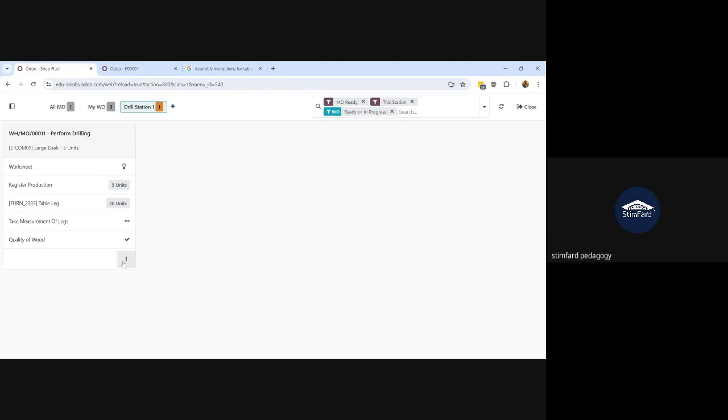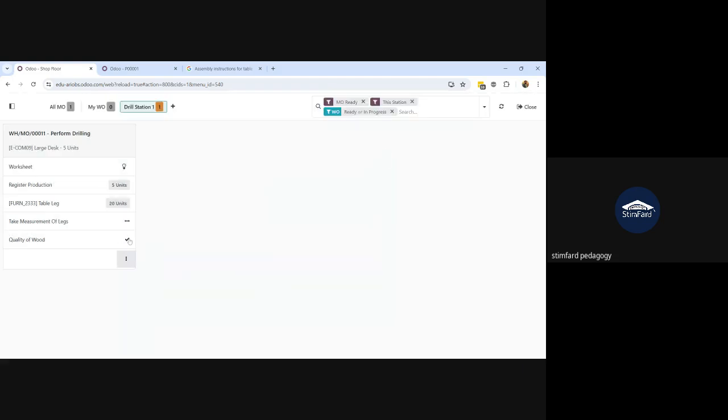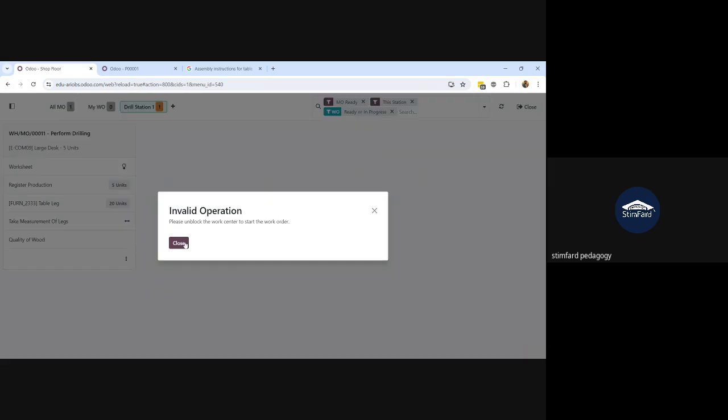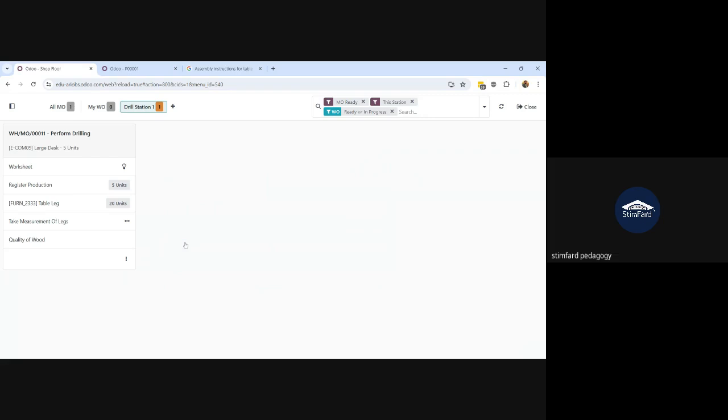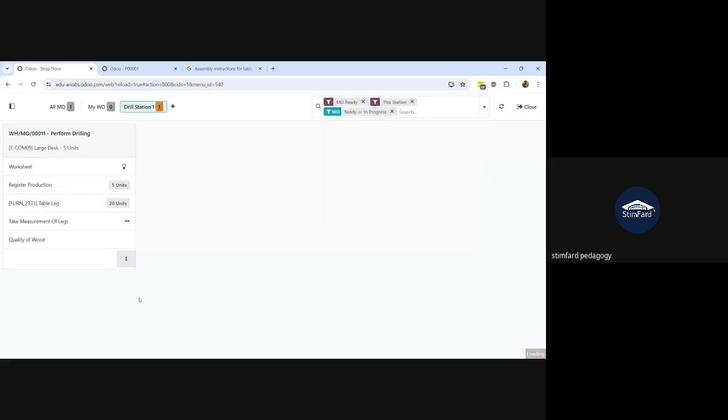Okay, so let's say, sorry, let's say perform this quality of wood have been done. Unblock the work center to start work order. Who has unblocked, blocked it? Okay,